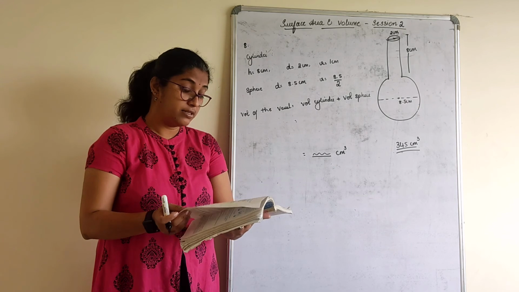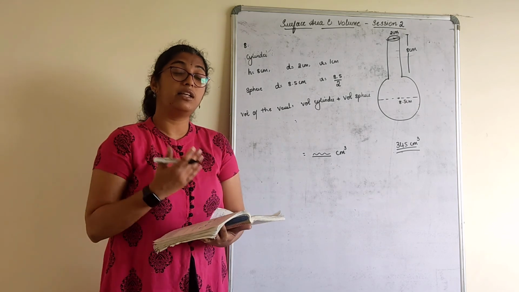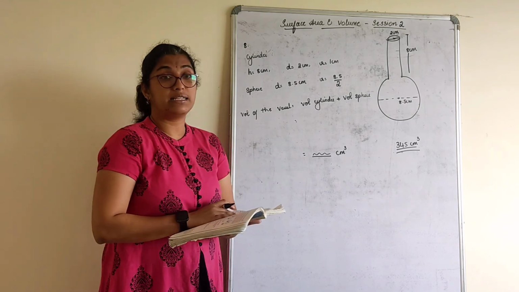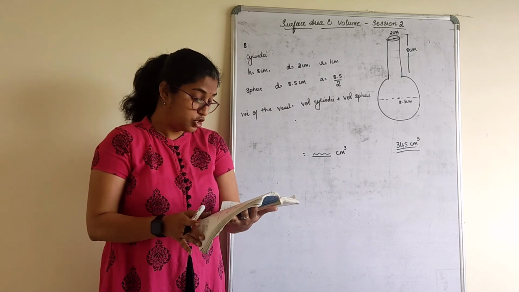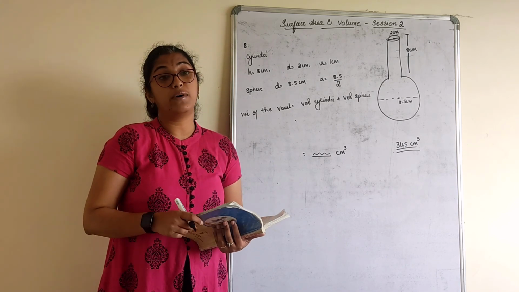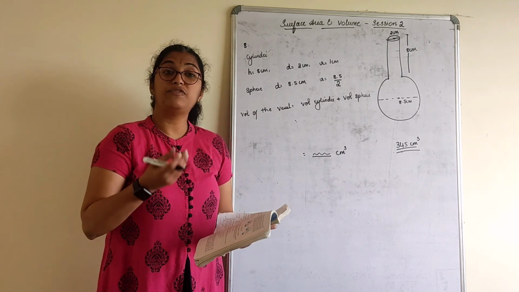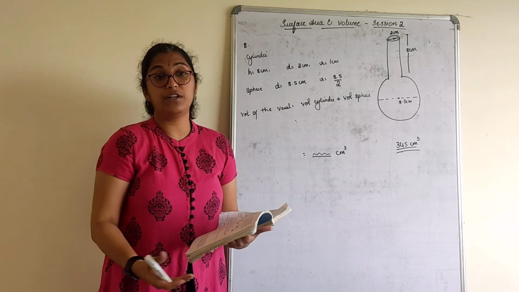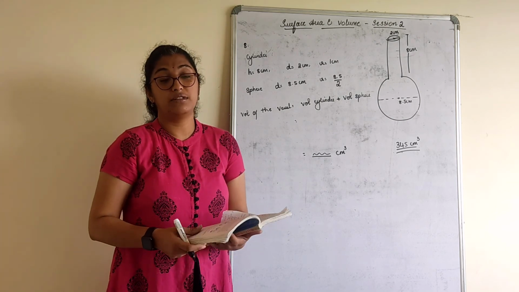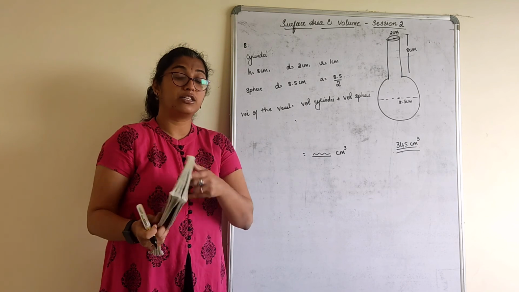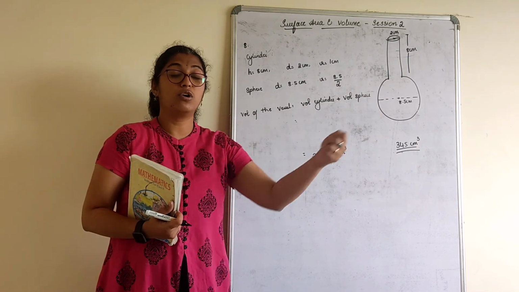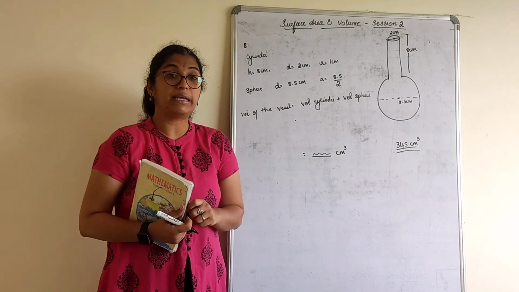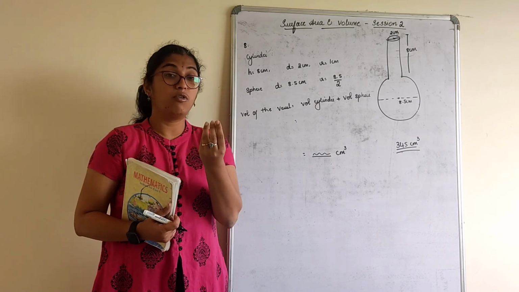I want you all to practice the given sums once again along with the homework sums as well as the worked examples. The next session will start with conversion of one solid to another. Suppose if I melt a solid and go in for a different solid, what is the difference? Usually you have to remember that whenever a solid is melted and made into a different form, its volume remains the same. The same thing happens with our gold ornaments.